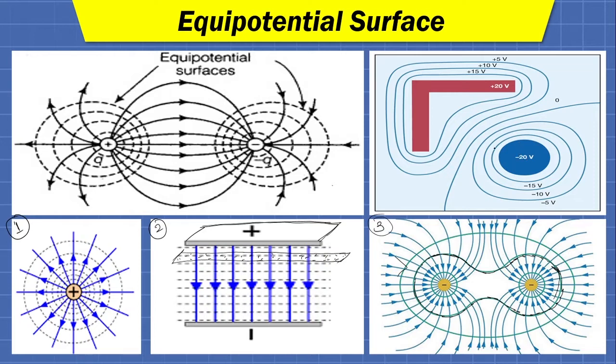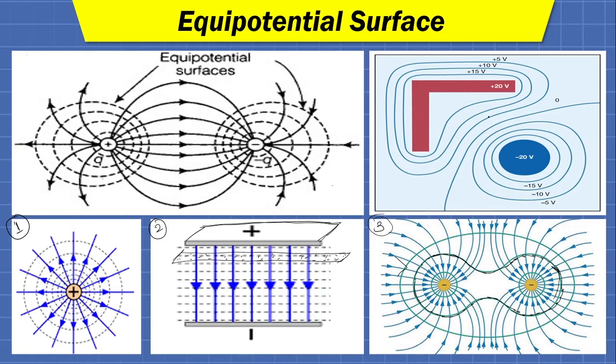And with the help of the electrolytic tank available in our laboratory, we can plot as many equipotential surfaces as we want. Here I have deliberately chosen an irregular shape so that you can see that equipotential surfaces can be defined for any shape of charge distribution. It is not necessary that equipotential surfaces are defined only for regular charge distributions. Here this potential distribution is so irregular, yet we still have 7 equipotential surfaces.